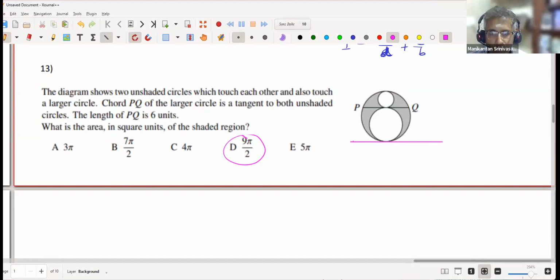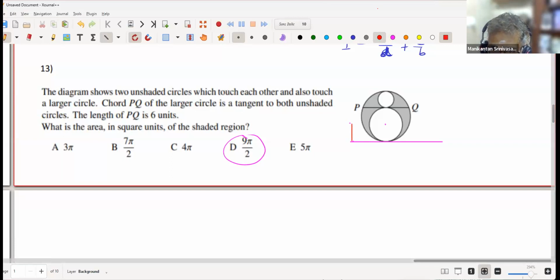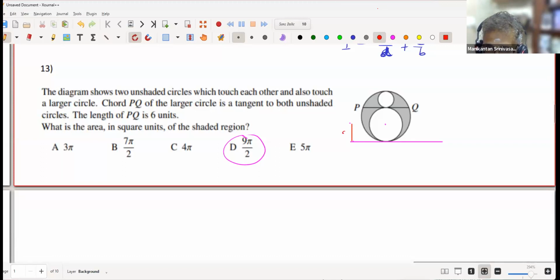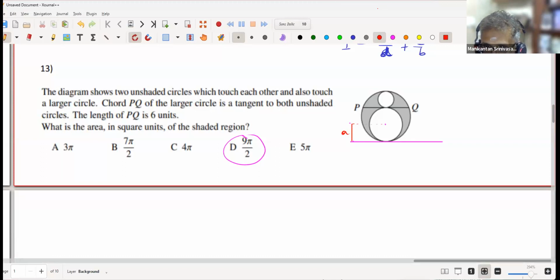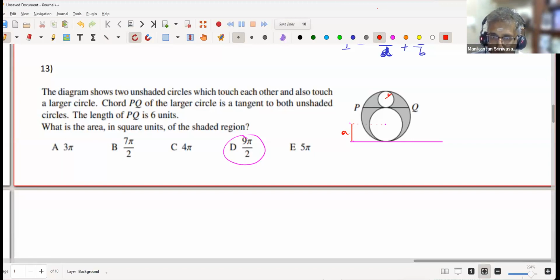Oh, okay. All right. So let's say there are 3 circles, right? The bigger white circle has a radius of A, let's say. So counting from the base, this height is A. That's the big white circle's radius. And let's say the small white circle's radius is B. So this is B. Now, if you count the height from the base all the way till the top,